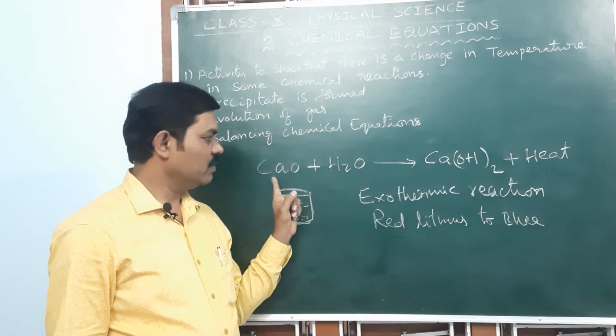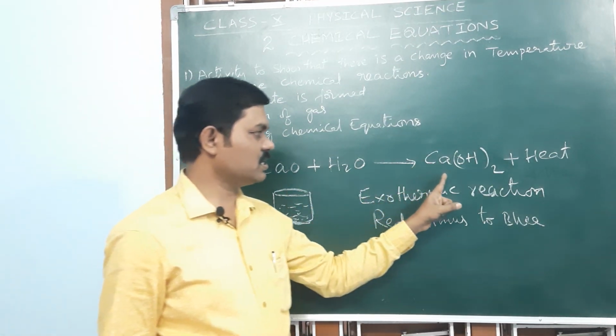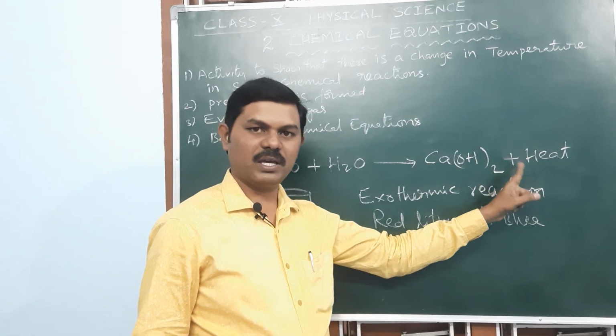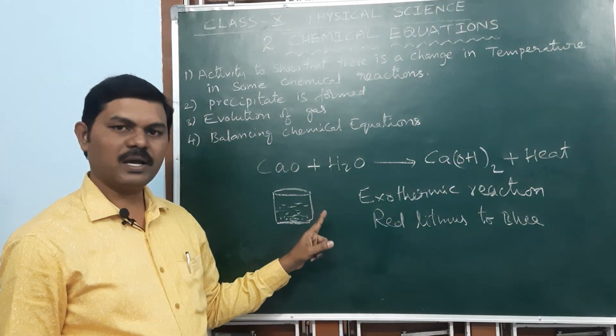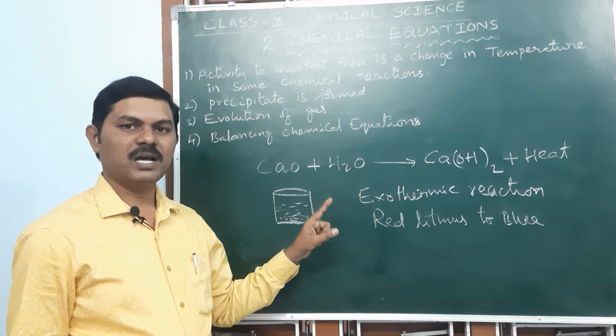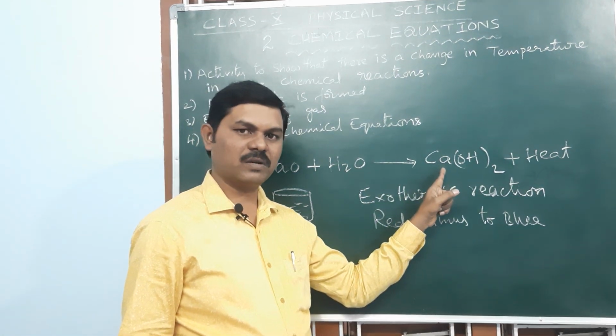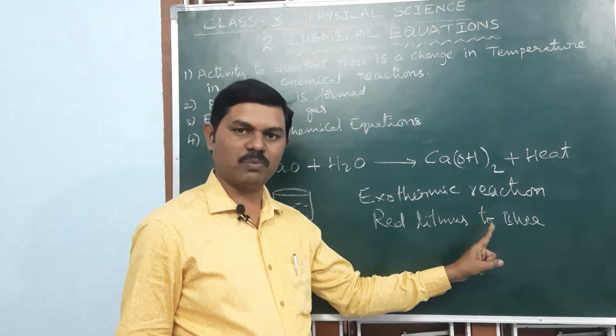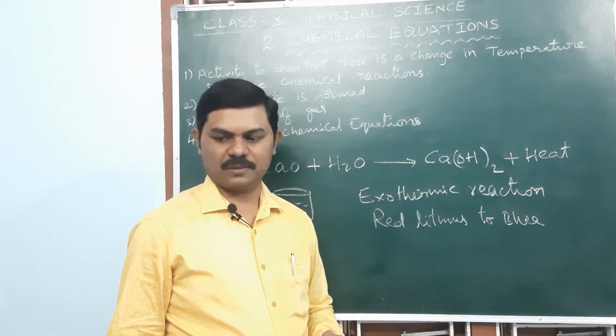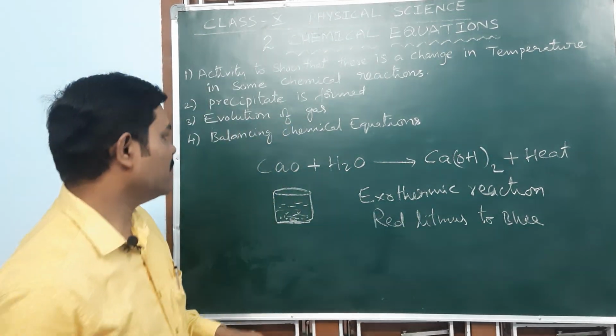Calcium oxide when reacted with water produces calcium hydroxide along with heat energy. So the chemical reactions in which heat energy is liberated are called exothermic reactions. If you test the calcium hydroxide with red litmus paper, it turns blue, so it is basic in nature. Now we will go to the second activity,